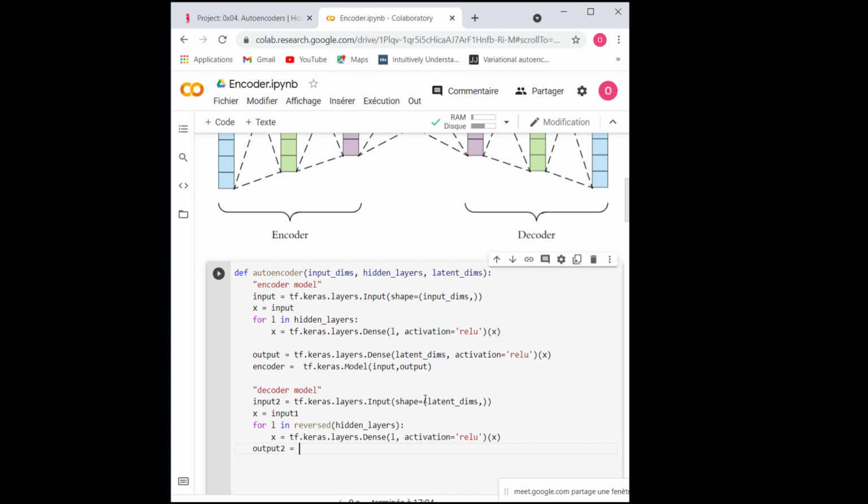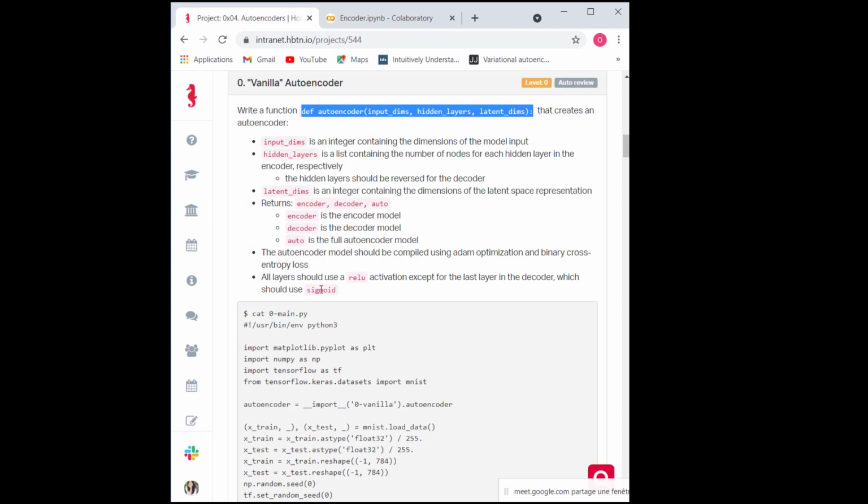My output layer will have the dimensions of my input, so it's going to be a dense layer with my input dimensions, and then my activation will be sigmoid.